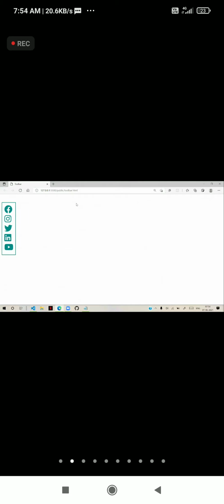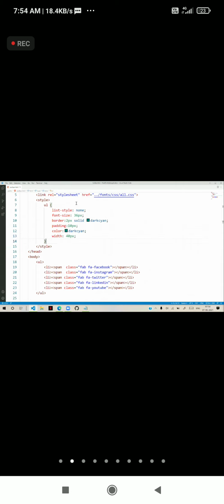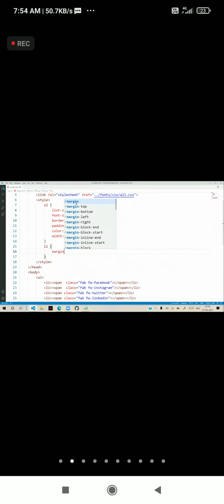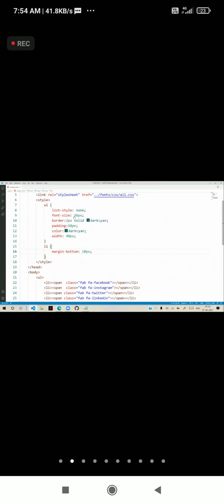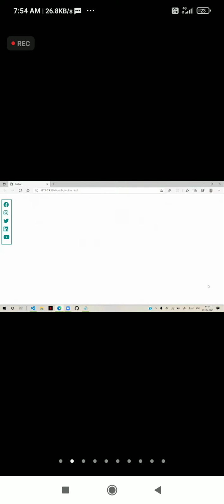Now I need to place this toolbar that we designed. We can keep some space also. That means every list item, margin bottom, I said some 10 pixels. So some space will come. And we need to keep this somewhere in the right corner. We want to display it depending on the font size, how much you have given. Suppose I give 30 pixels as the font size, then it will be in this way. And I want to keep this, so 35 pixels.